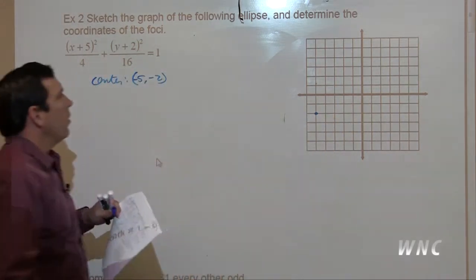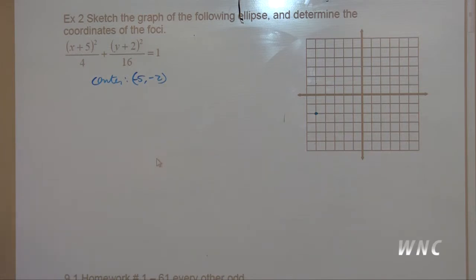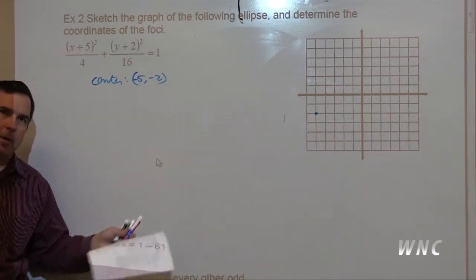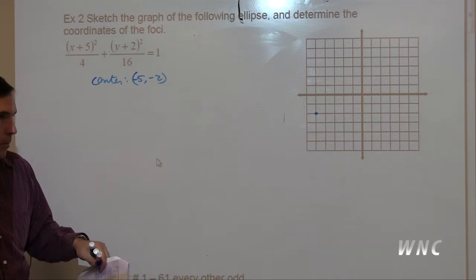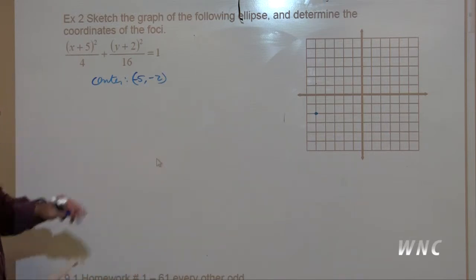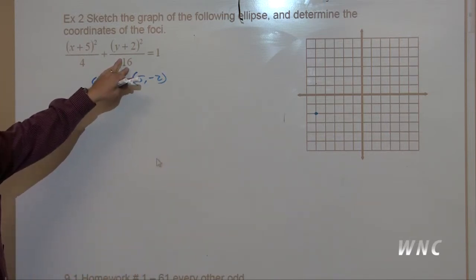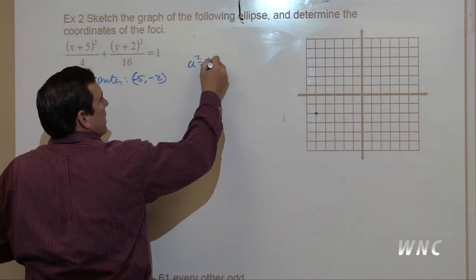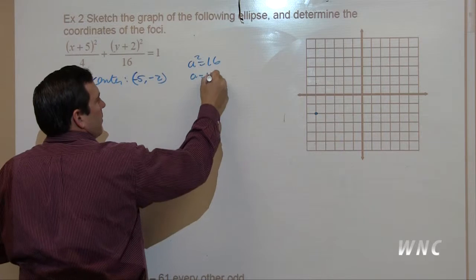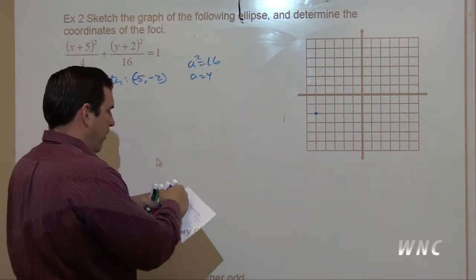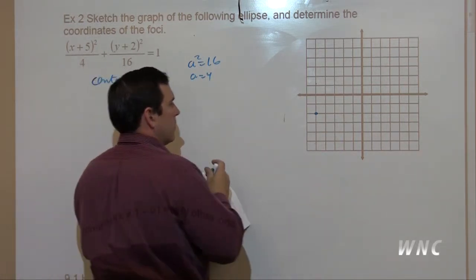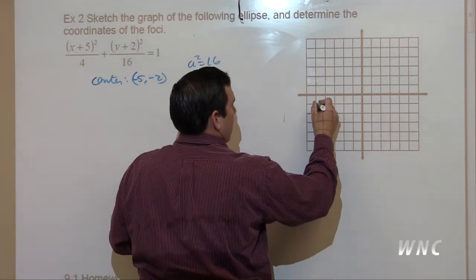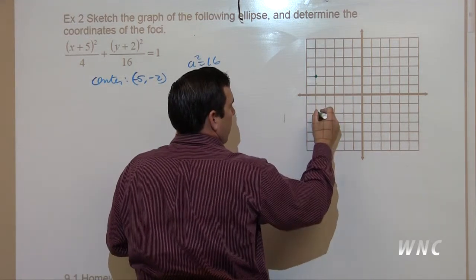So if I ask you, will it have a vertical major axis or horizontal, what are you going to say? You're right, vertical. Why? Because of 16 under the y versus 4. So our a squared is 16, which means that a is 4. So we're going to go up 4, down 4,